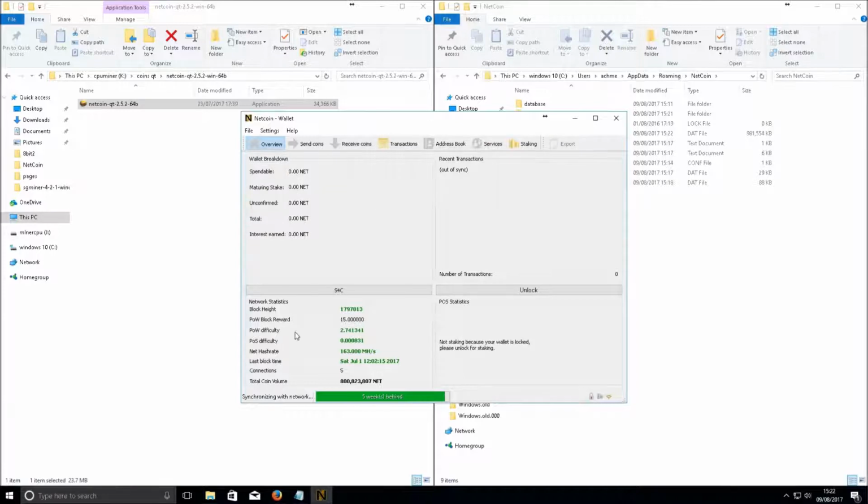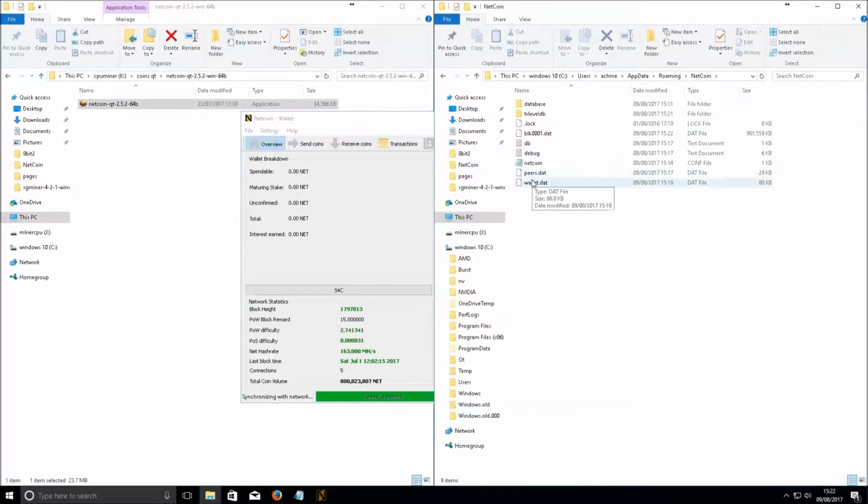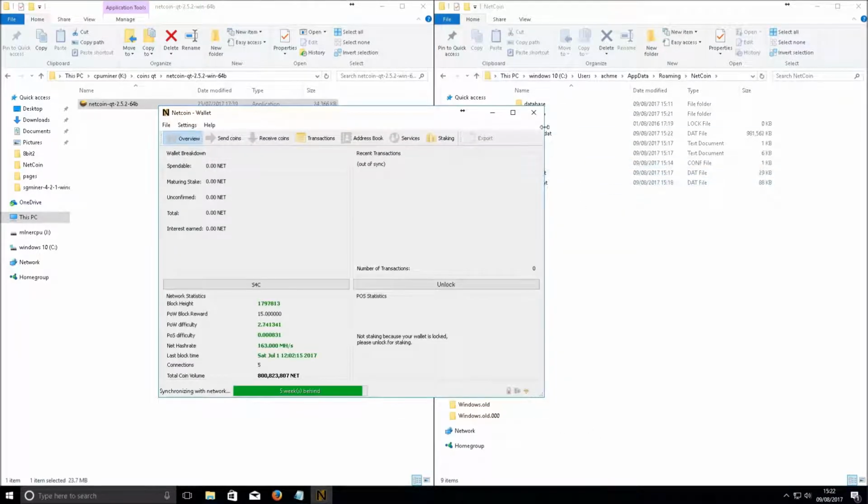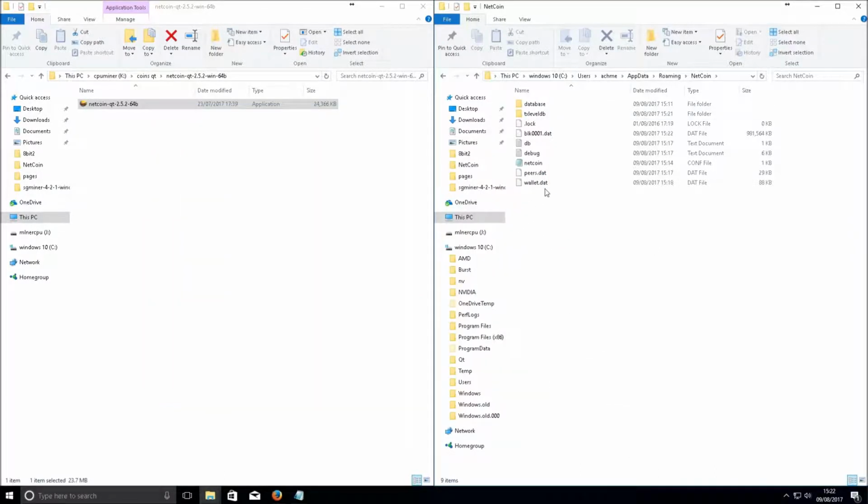So now we've gone through all that. You've got your snapshot, you've got your backup. We're going to do something absolutely 100% insane now. I'm going to close the wallet. We're going to come to this wallet.dat. Now this is my wallet.dat with all of my coins in it. Oh no, my computer got formatted. Crap, I've lost everything. We would do the same step, taking the blocks from the downloads